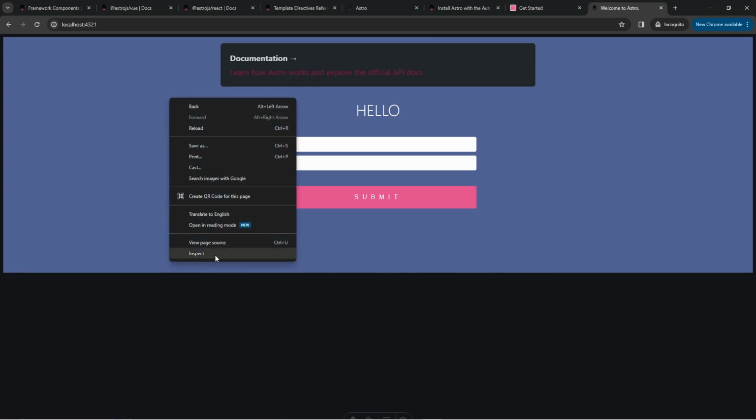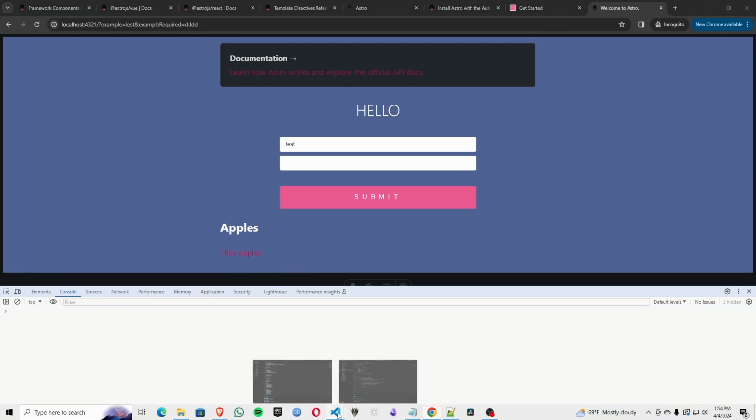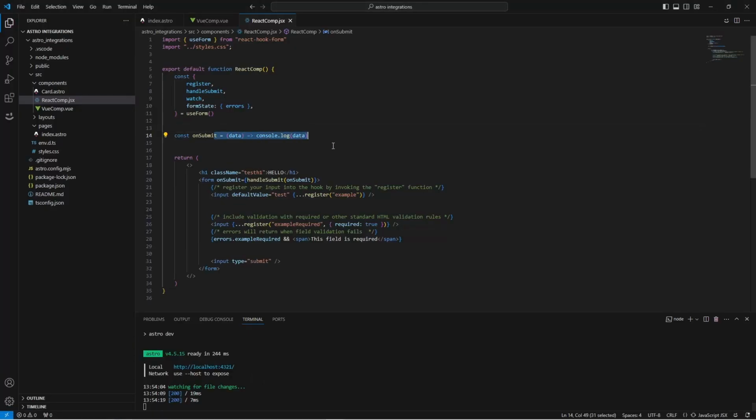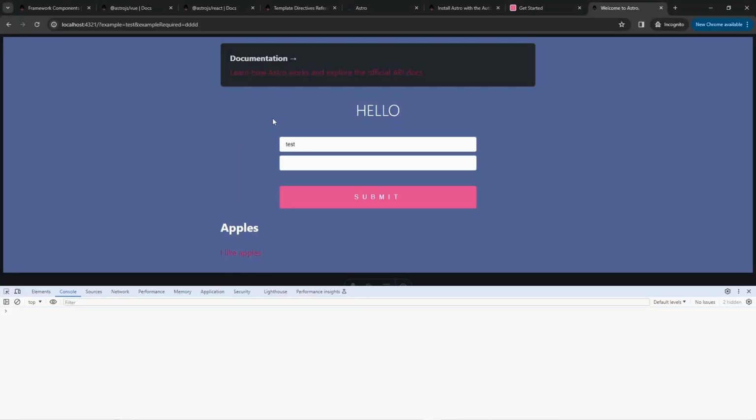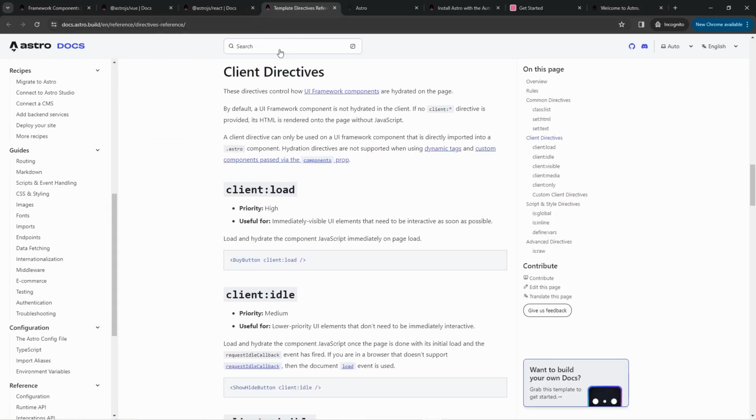Right now, if we open the console and try to submit the form, nothing's gonna happen, even though I have a console log on submit, because by default, Astro is a static site generator. So in order to hydrate our component so that JavaScript events are available, we can go back to the documentation. Actually, it's in here. And we have the client load